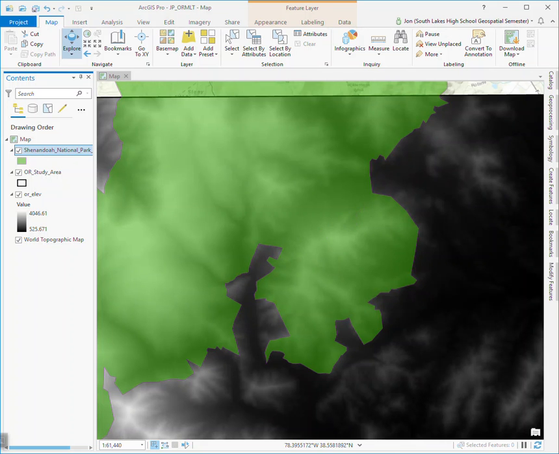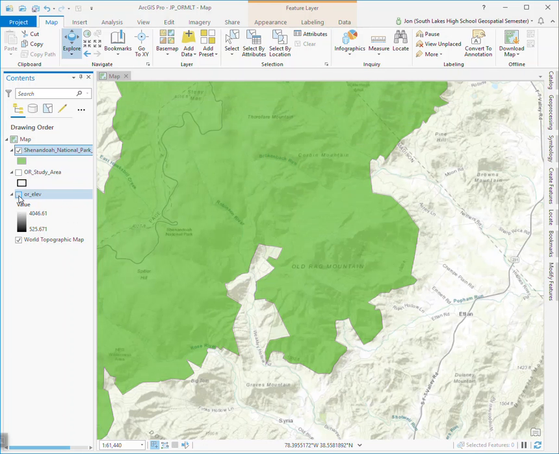Okay. All right. I'm going to uncheck the study area. I got rid of the border around the study area, and I'm going to get rid of the elevation layer because it's helpful to have some of the base map here. And now I'm going to add